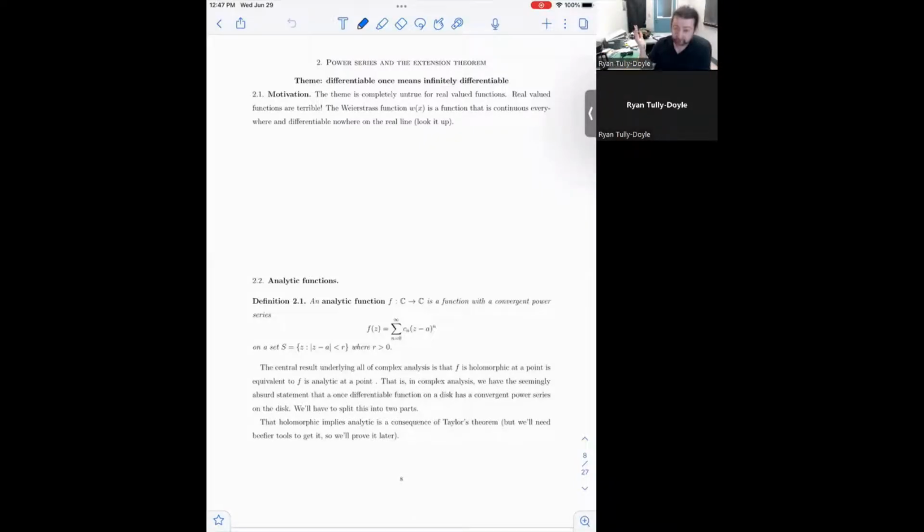Welcome back. We're going to start with the next section of chapter 1, which talks about power series, analytic functions, and the extension theorem. So the first and maybe most important idea of complex analysis is that the way that